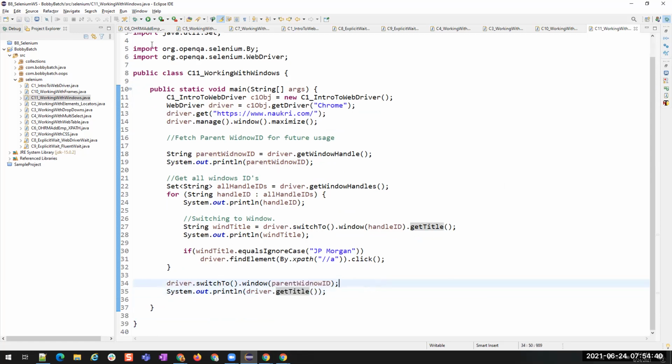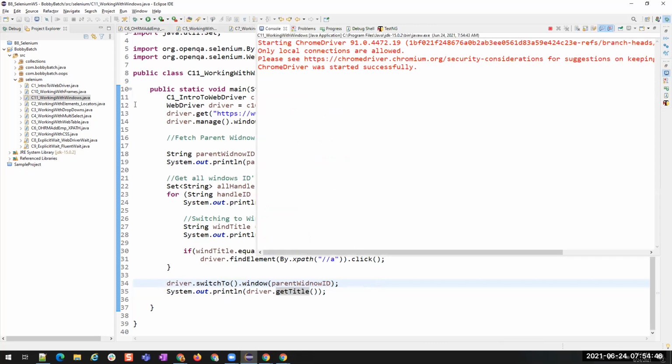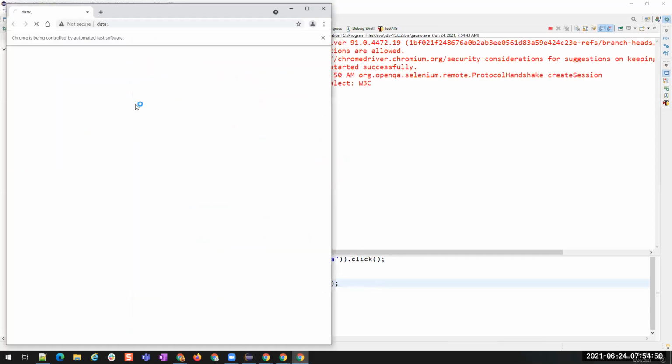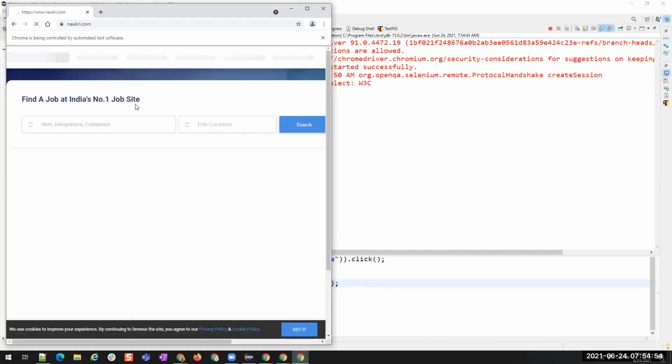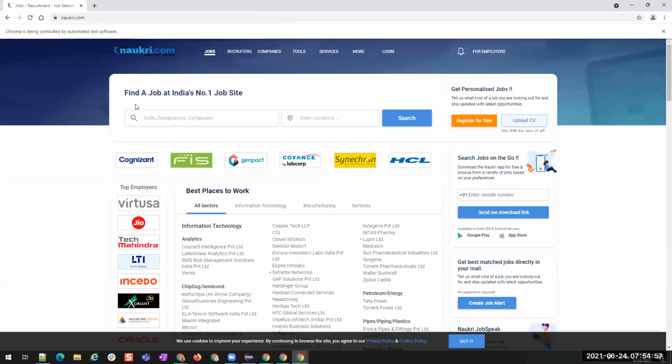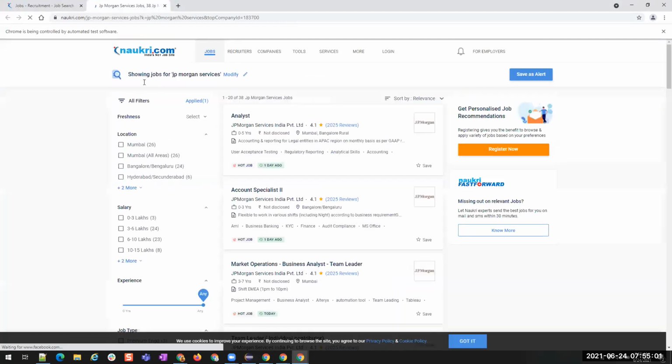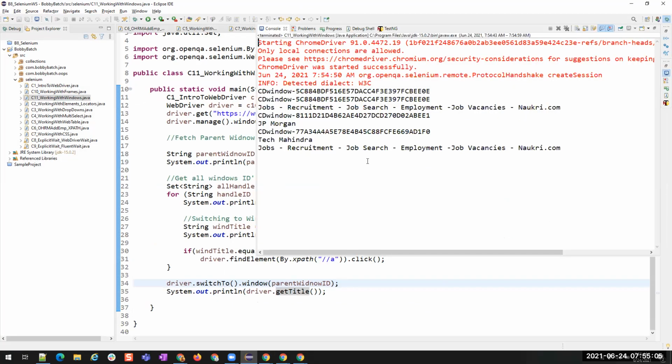Right? Now let's see. It clicked on that, so that is why another JP Morgan page is opened, and then it might have completed it. Yeah, you see